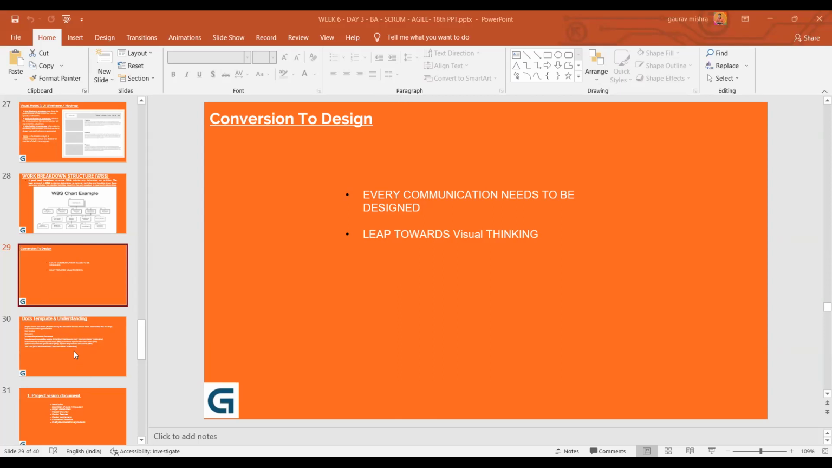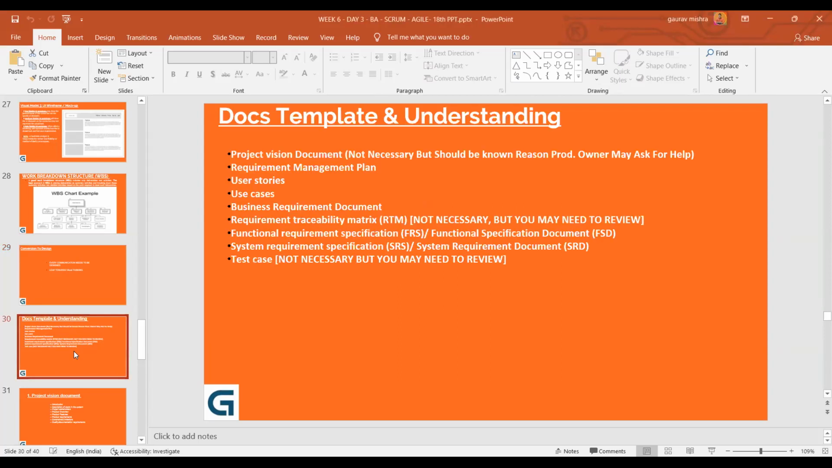And now we will be getting into documents, templates, and understanding. I'm sure Sneha and Radha, you must be aware of it, but still, this could be repetition for you. So today we are sharing a few documents which, as a business analyst, you must know. What you see on the screen are a few examples of the documents you would